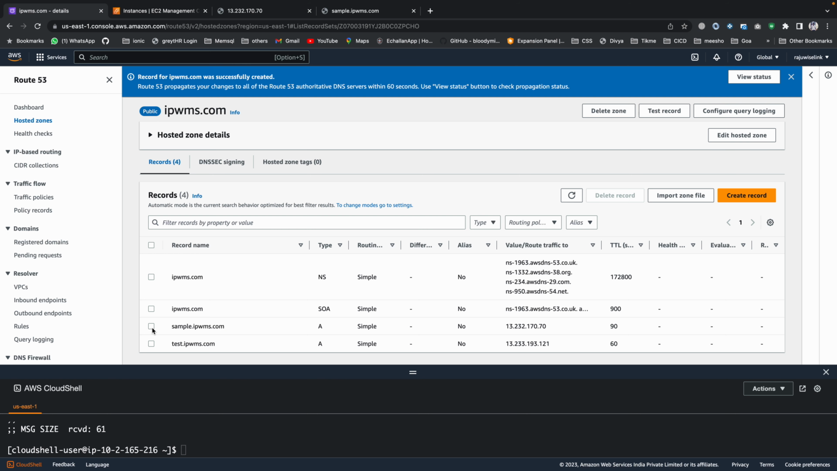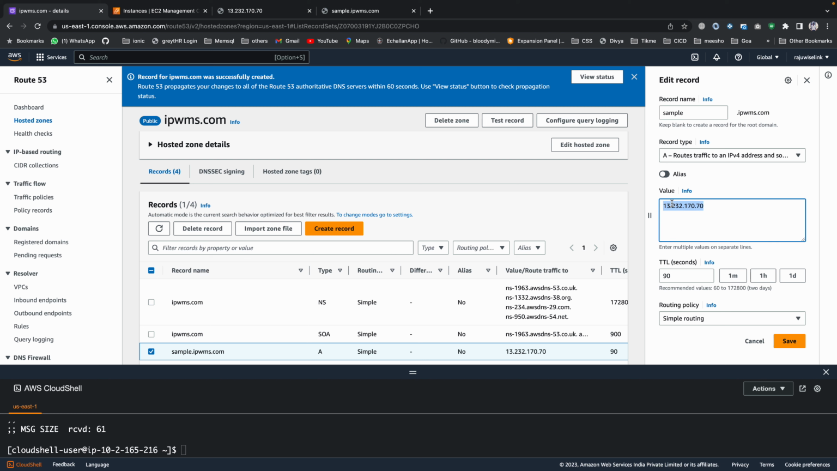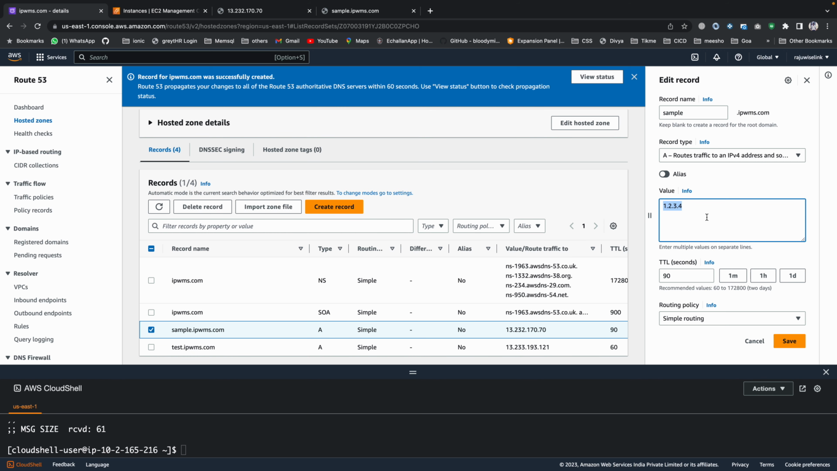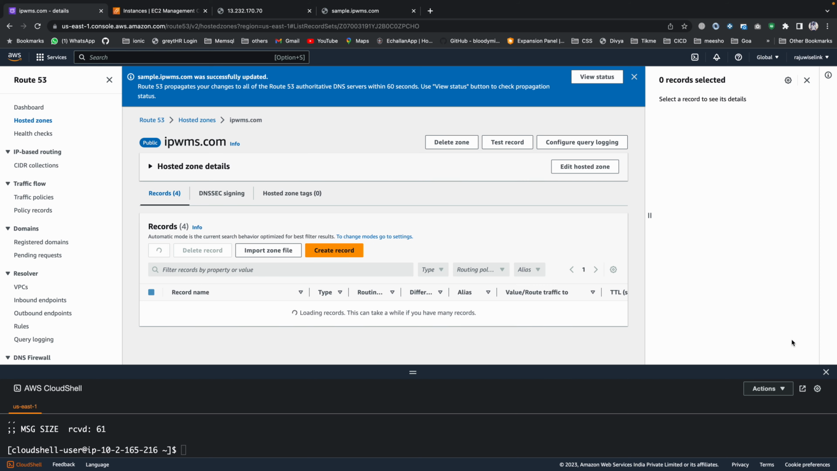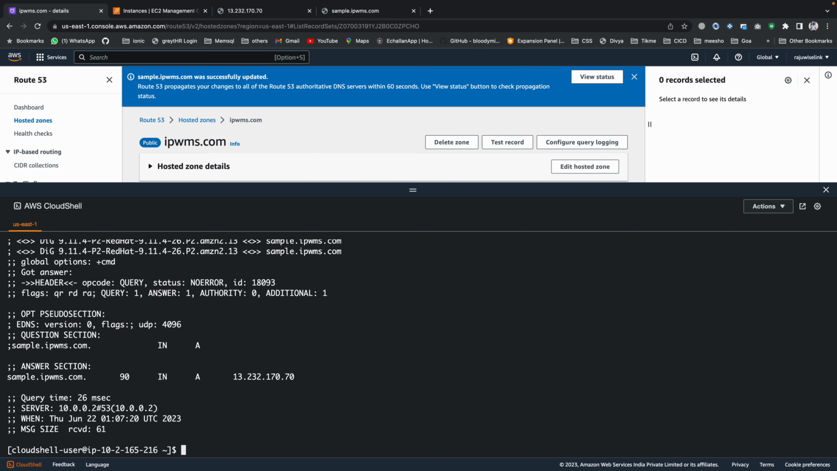So now I'll click on this domain and edit this, and I'll say this must be redirected to 1.2.3.4. This IP address is not available with any server, I'm just keeping it as a sample IP address. So we'll see how this works. I am saving this, and here we can see our TTL is 90 seconds. If I go again here and run this dig command,